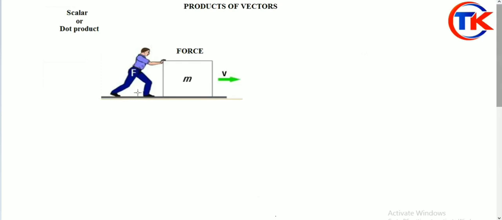There is a huge block of mass m and we need to move this block from this position to this position. Clear? What do we have to do and which parameter are we going to concentrate on, right? Let us imagine your friend is trying to move this block, but he could not move it. Why? Because the applied force is not greater than the restoring force. So the external force is less than the restoring force in your friend's case, right? Now your turn. You are applying some force which is greater than the restoring force. What will happen? Definitely the block will move.